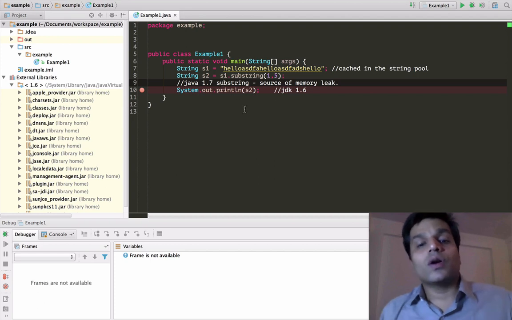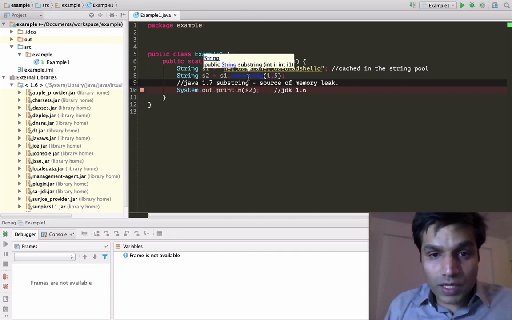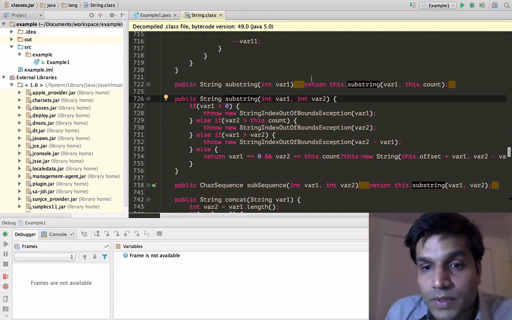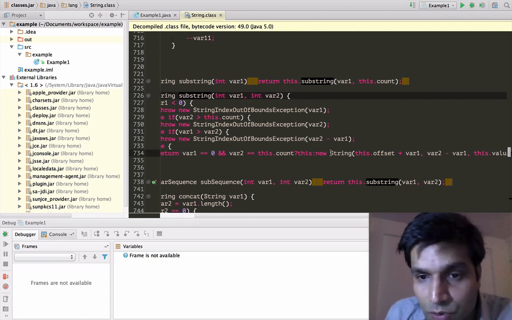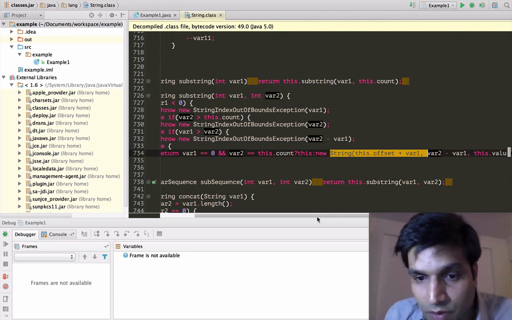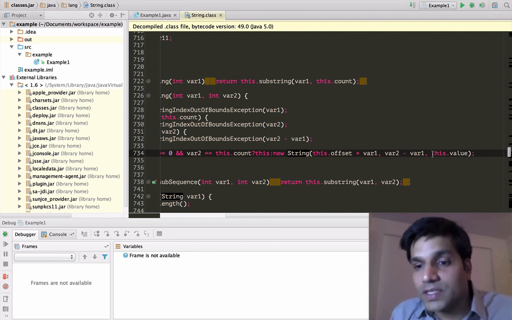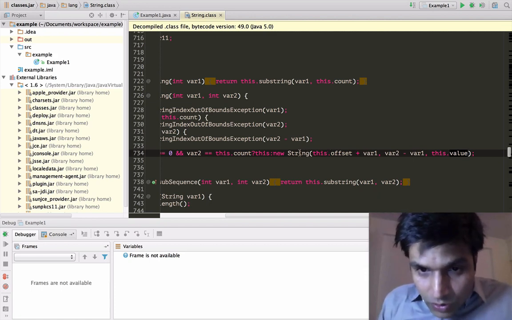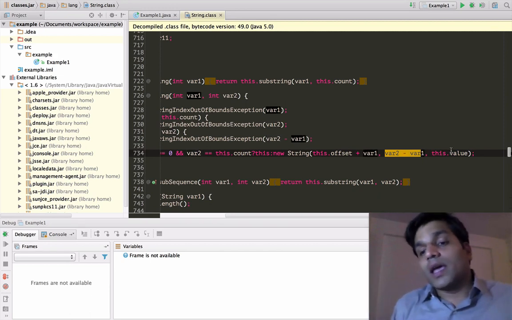So let's take a quick look at why this is happening in versions up to JDK 1.6. I'm going to go into the substring method and take a look at how it works. There is a substring calling this substring, and eventually it's creating a new string using this constructor. If you inspect this constructor, we are sending this dot value. This dot value is the whole char array of the source string. So now I'm creating a new string with the offset and the number of characters I want to choose and